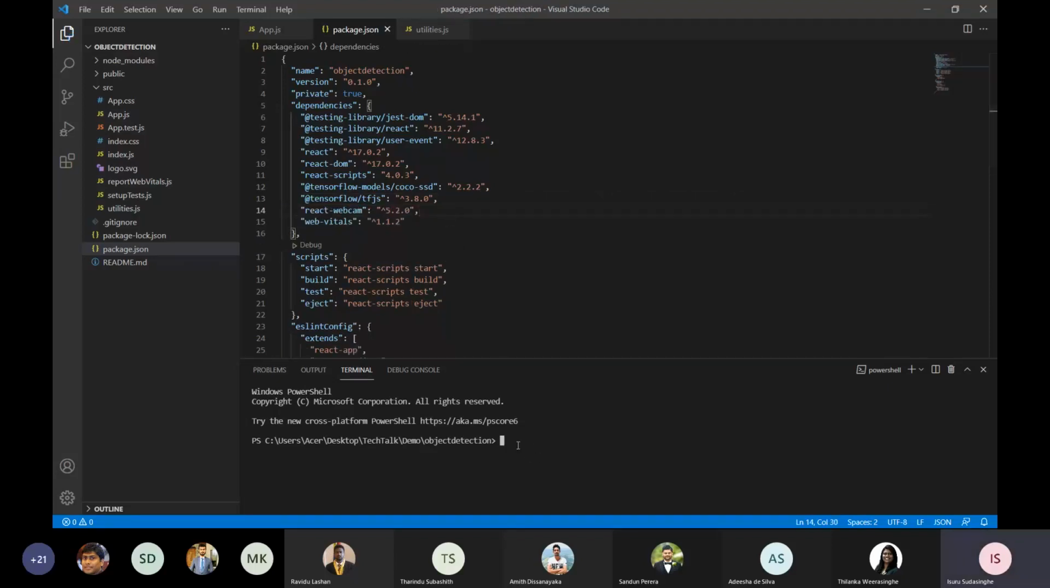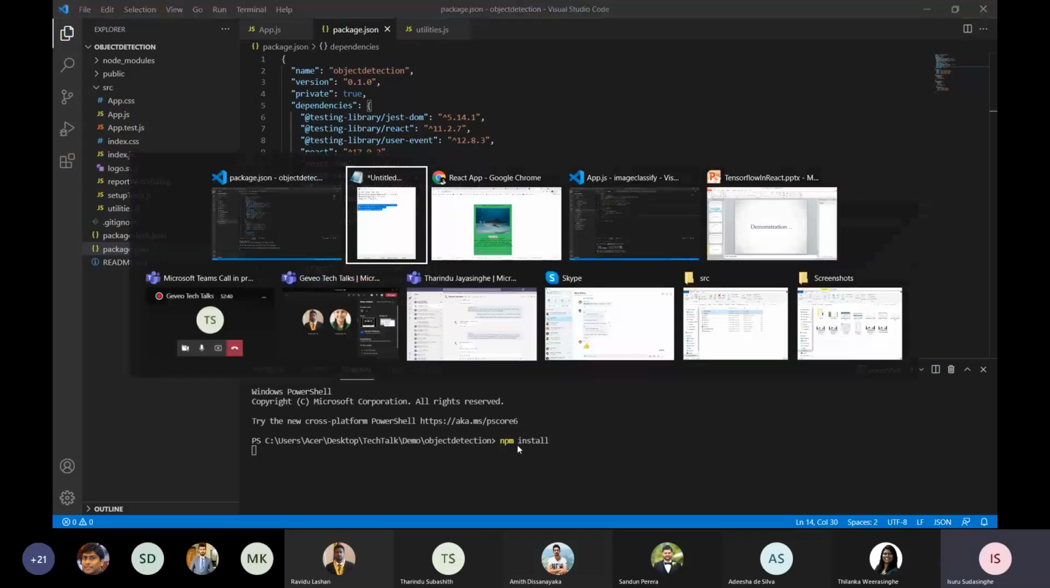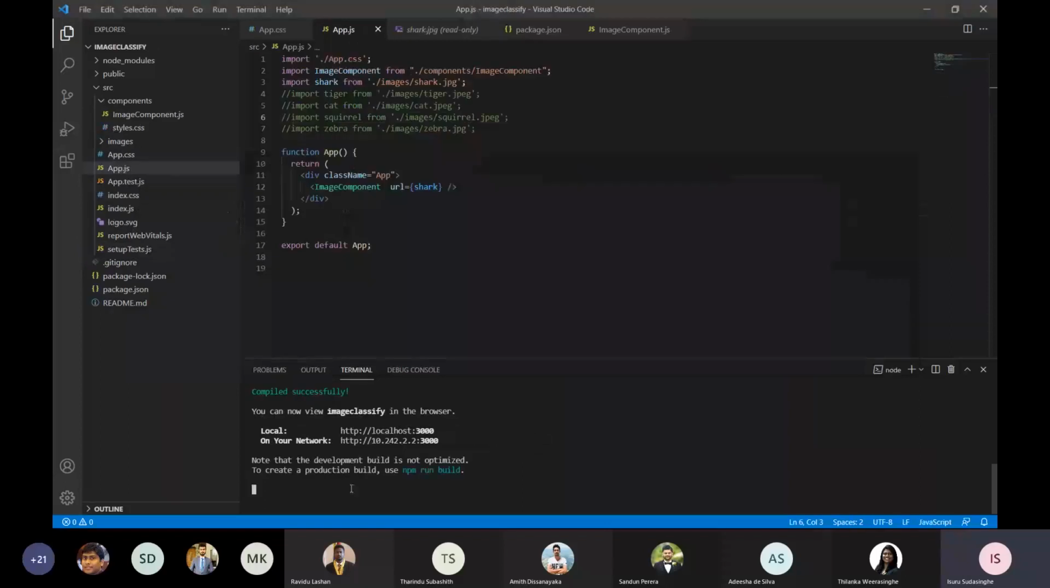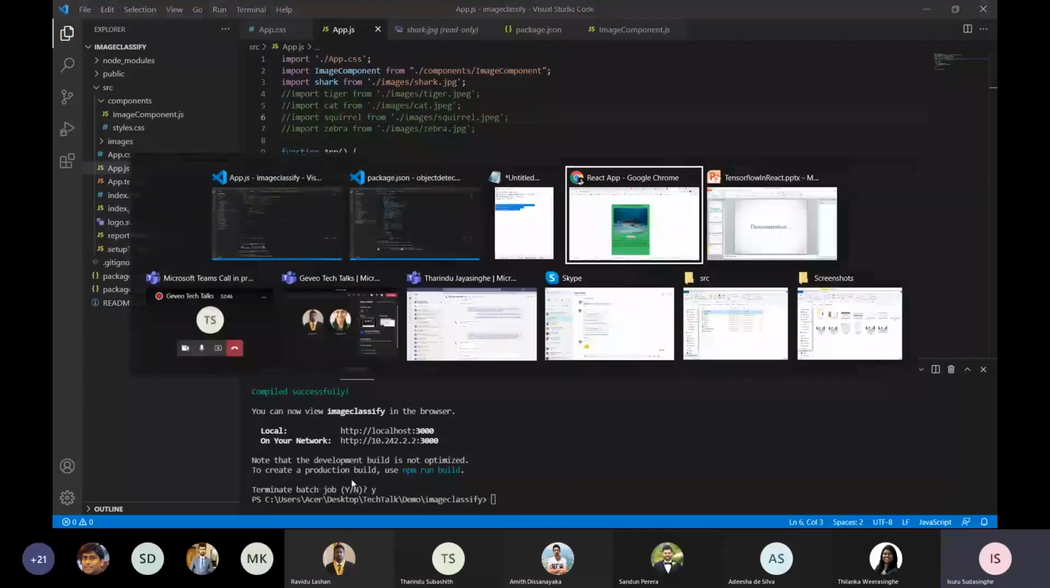Like in the similar way, like previously in store. And while that is running, let's close this. And while that is also getting run, I want to show you that